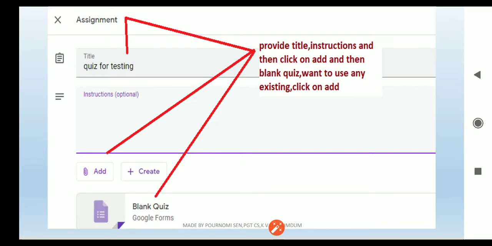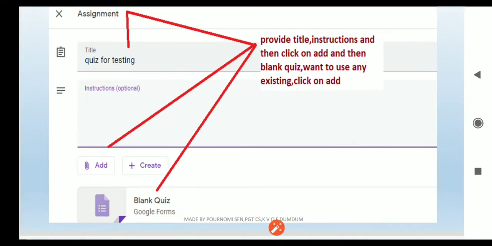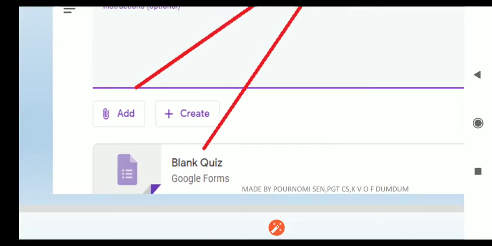If you click on add, you can use your old creation. That may be a Google form, that may be a Google sheet, whatever you have created. And if you click on create, there will also be different options, like if you want to create a new Google Doc or new Google sheet, a new Google form. So these options will be there, and also a blank Google form like this will be shown.